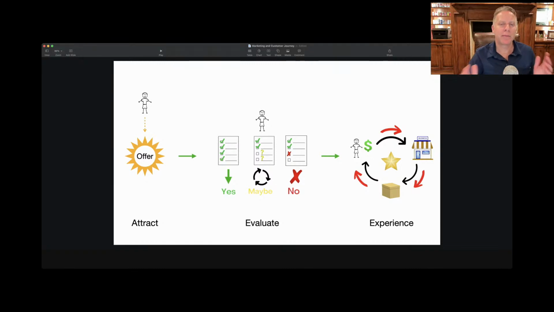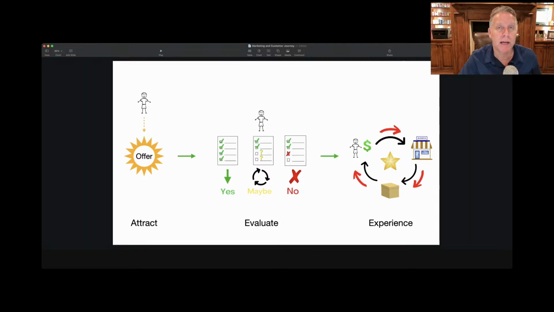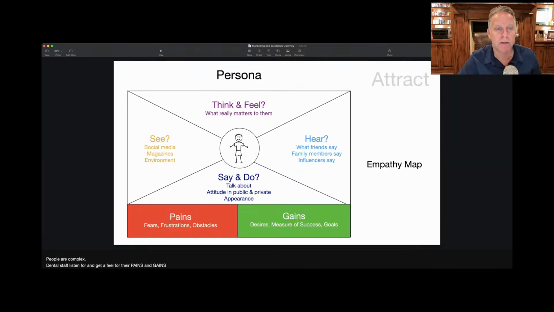But what's happening in between and throughout, it bleeds through both of these, is this whole idea of, we'll call it selling, which is just another way of saying evaluating, where the customer is trying to think through if what we're offering is something they are interested in. So we're going to go through each one of these three in its own steps. But for today, it's just going to be on the attract portion. So attract is this one right here.